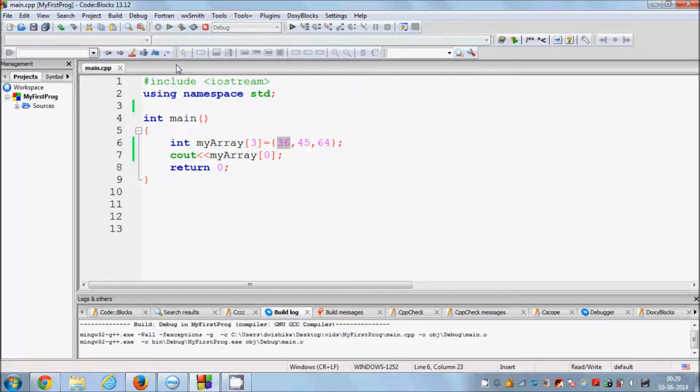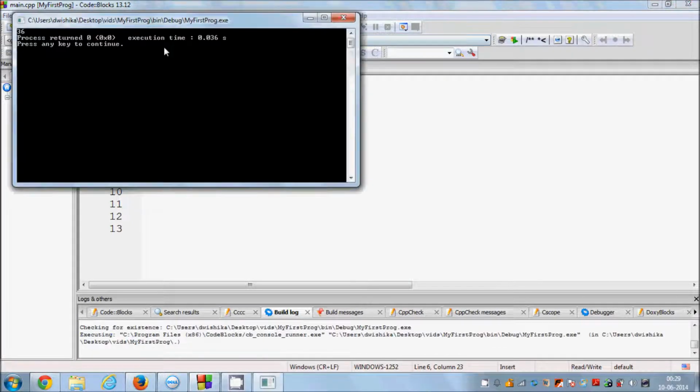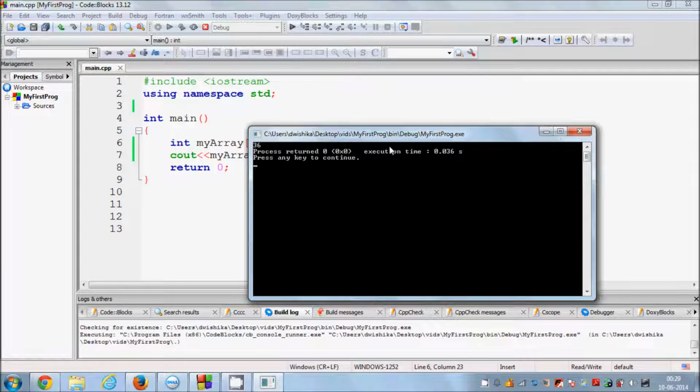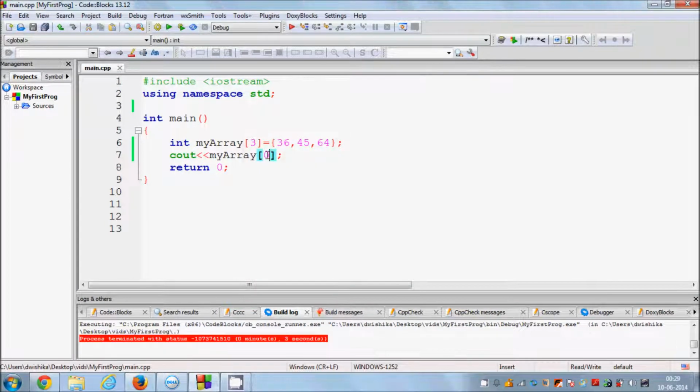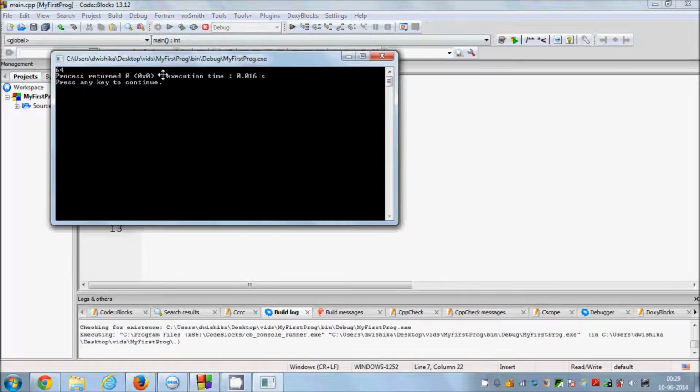Let's build the program and see what happens. I'll run the program and it gives me 36. That's true. Now for example, I want to print 64 here. The index of 64 is 2, right? So I will write 2 here, build the program and run it, and you can see